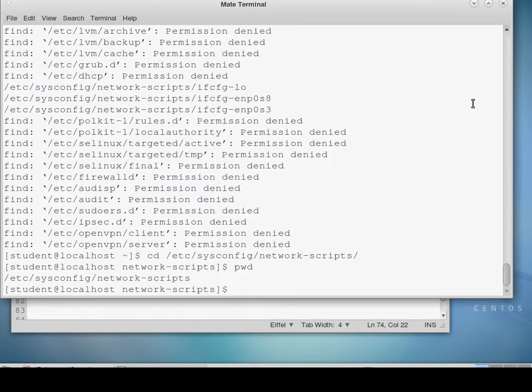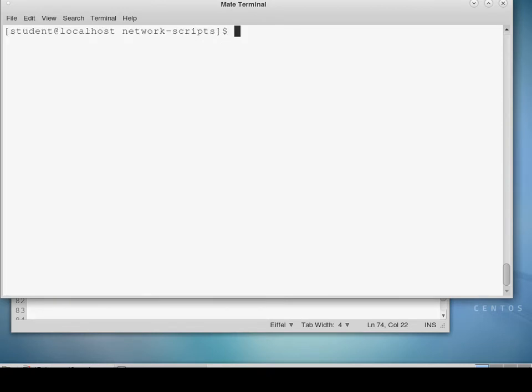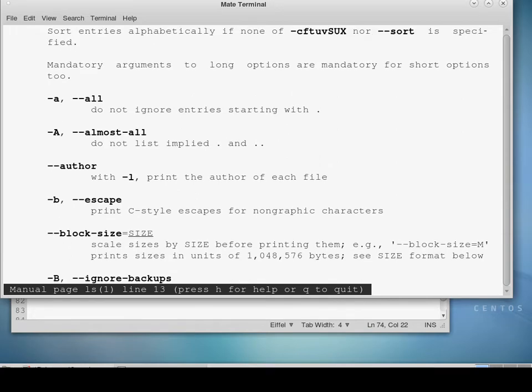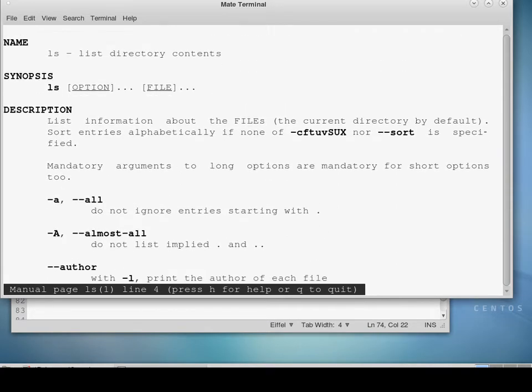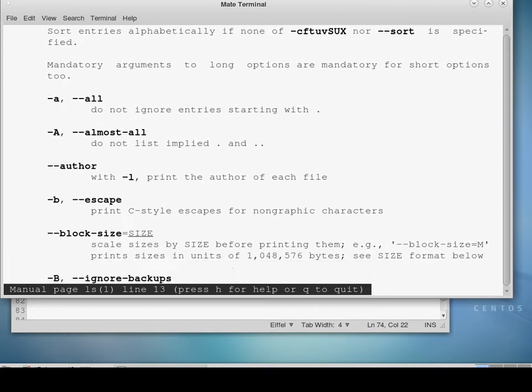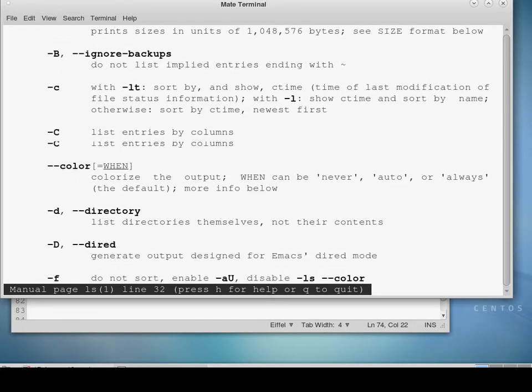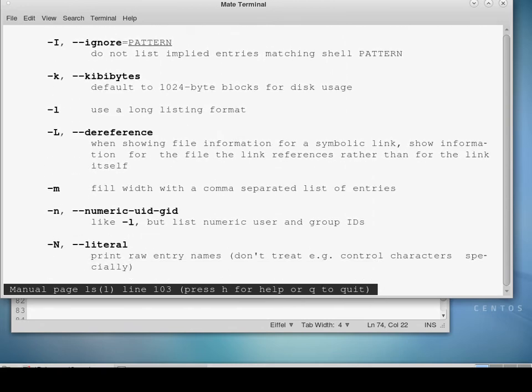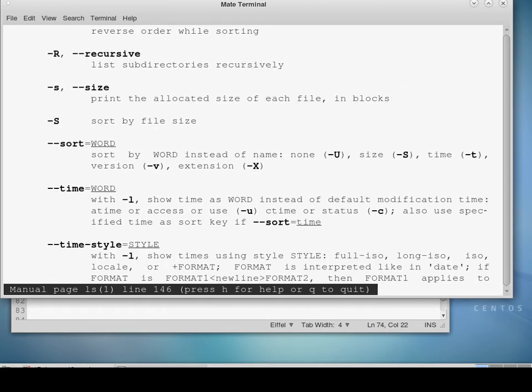So if you want to know how to work with ls, you'll do man ls, and then you've got information on how to use this command. A lot of options there, directory, format, a lot of information. How can you leave this? You'll press the key,